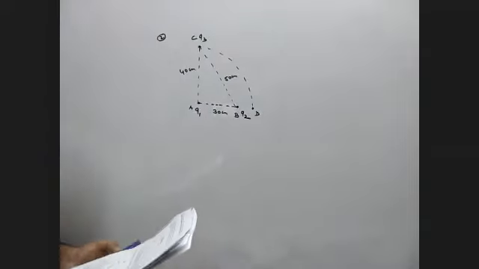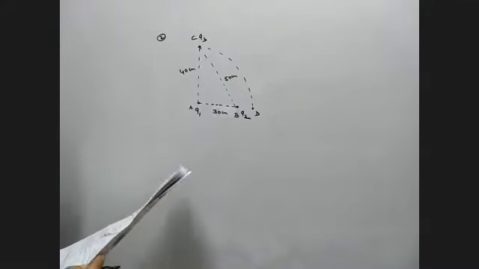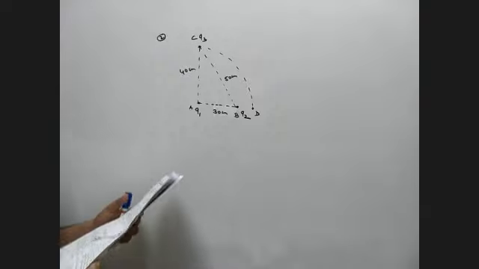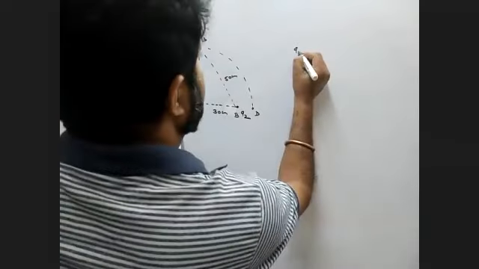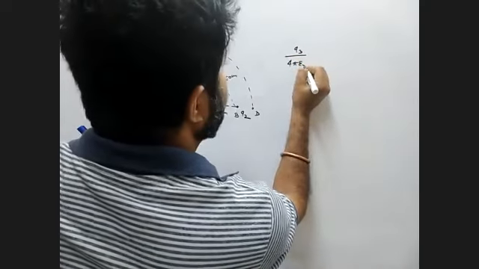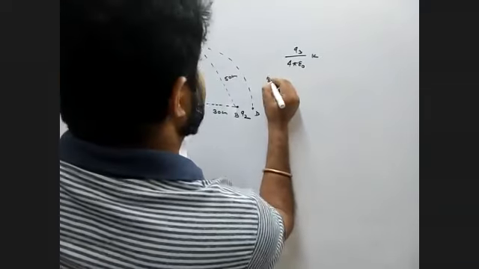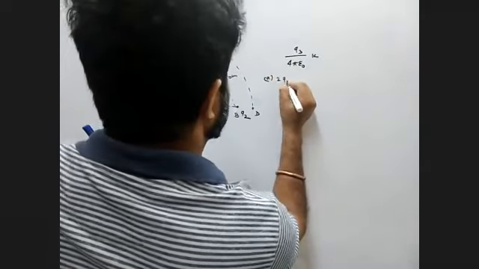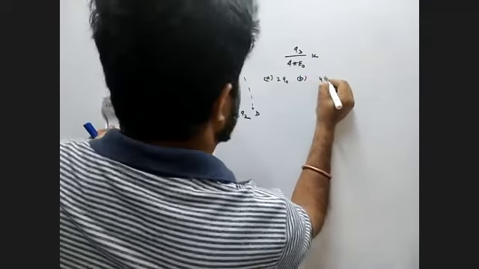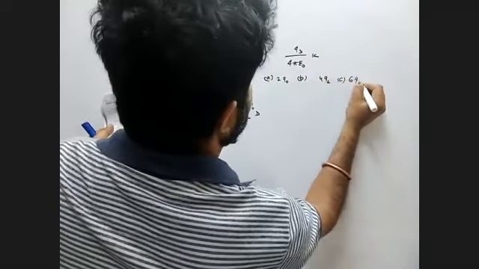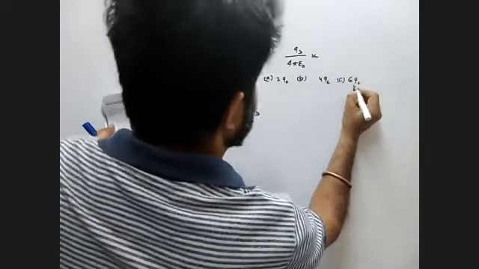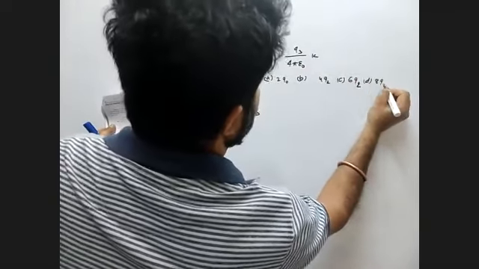That point is D. So two charges Q1 and Q2 are placed 30 centimeter apart, as shown in the figure. A third charge Q3 is moving along the arc of a circle of radius 40 centimeter from C to D. The change in potential energy of the system, which means the work done, is Q3 by 4 pi epsilon naught K. You have to mention the value of K. Option A 2Q naught, option B 4Q naught, option C 6Q naught, and option D 8Q naught.